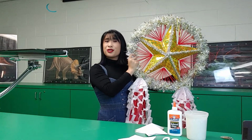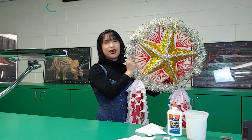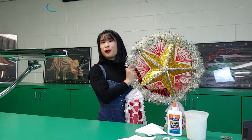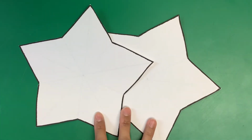The process of making traditional paroles like this one is pretty intensive and involves materials you might not have lying around your house. So today we're going to explore a couple ways to make paroles in simple, easy to do ways. For this version of a parole, you are going to need 2 stars printed out and cut from the